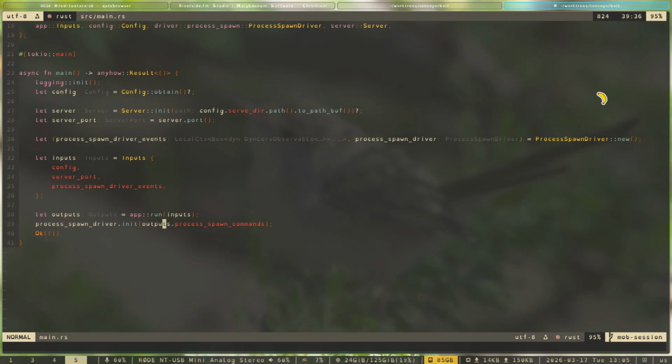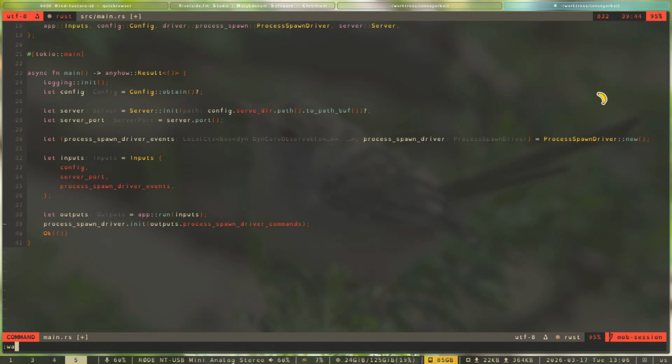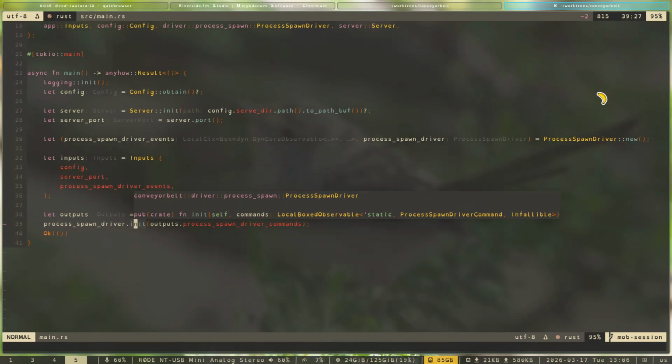The outputs struct has a field, process spawn commands. We can maybe call it process spawn driver commands. I don't know if that's too long, but it is more consistent with process spawn driver events. And those are passed. See the process spawn driver here? There's a method on it